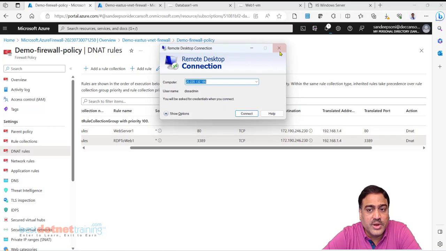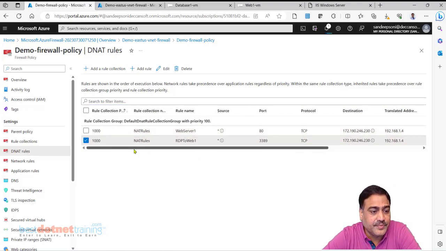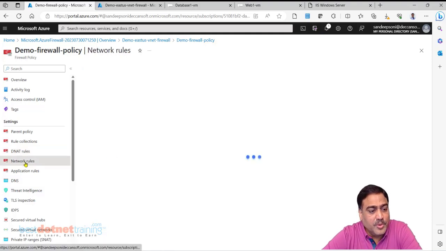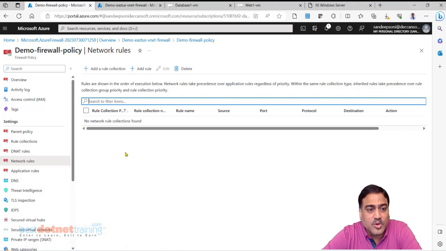So this is how you can configure more than one VM RDP port, more than one VM at port, use the same IP or different IP. Like this, if you want to actually create NAT rules, generally NAT rules become very important, network rules become very important when we have got a custom DNS.